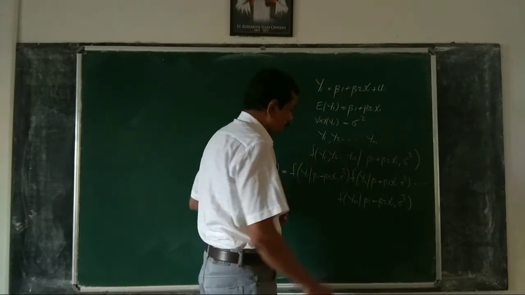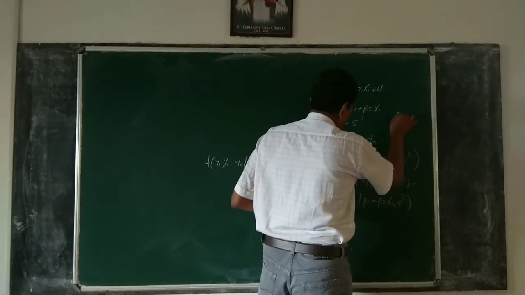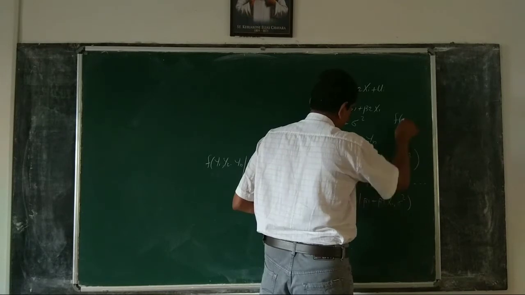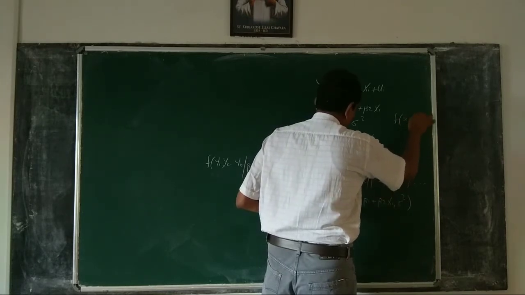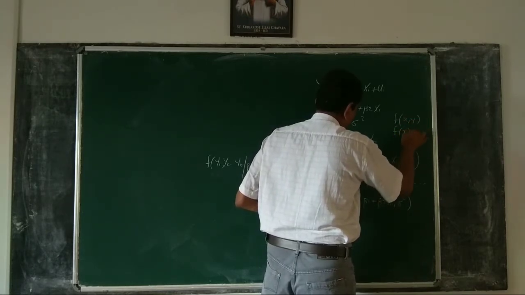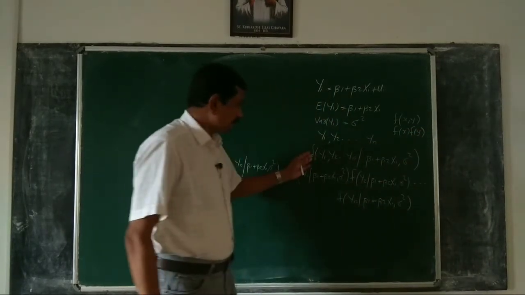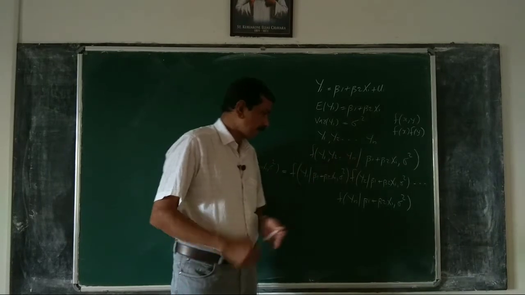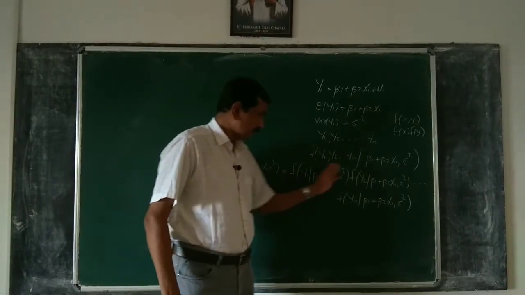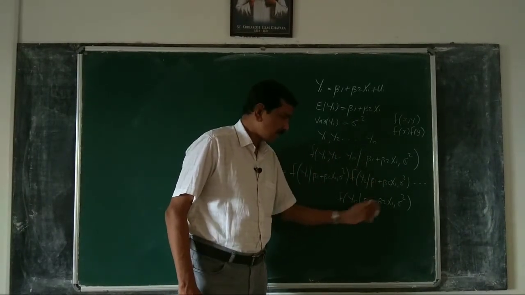Because as we have studied earlier, if X and Y are independent, f of x, y is equal to f of x into f of y. So f of y1, y2, yn is equal to f of y1 into f of y2 into f of yn,